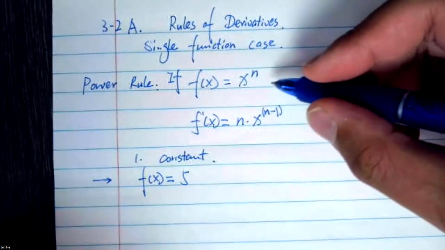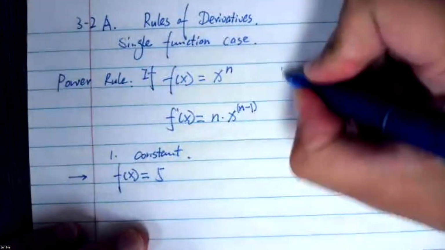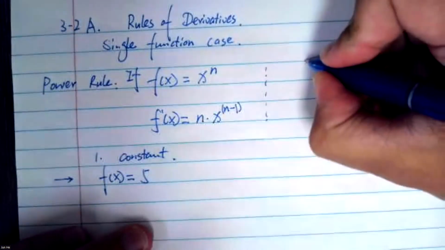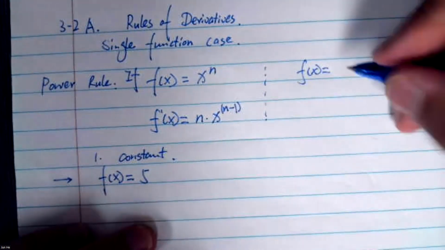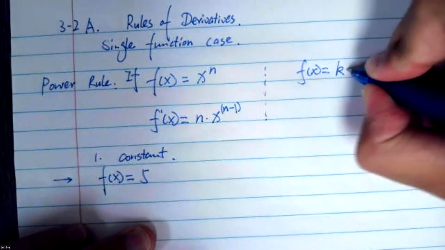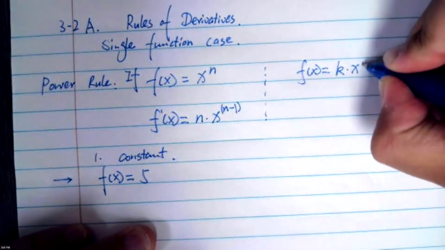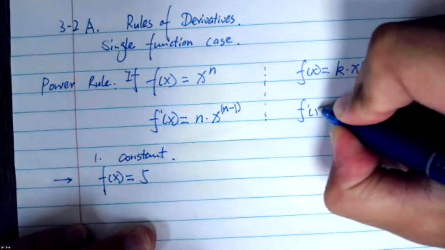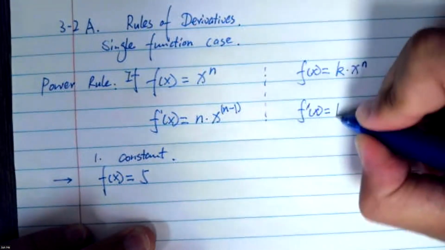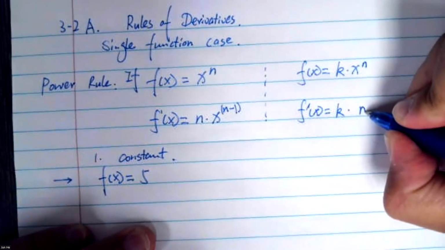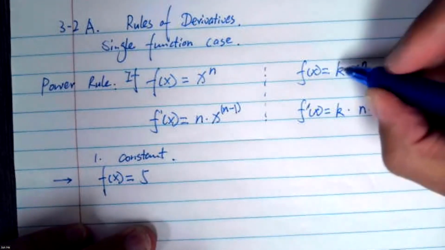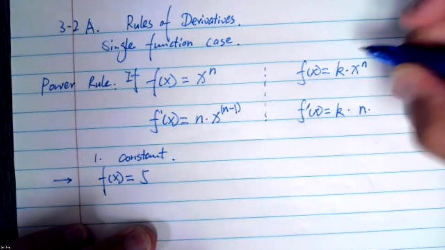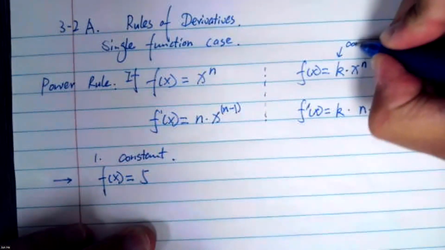Now let's look at the application of this power rule, or according to what I put on the slide, the power rule is k multiplied by x to the power of n, and then f prime x. Now we keep k here, and then n times, so the k, which I actually refer to as the constant multiplier,